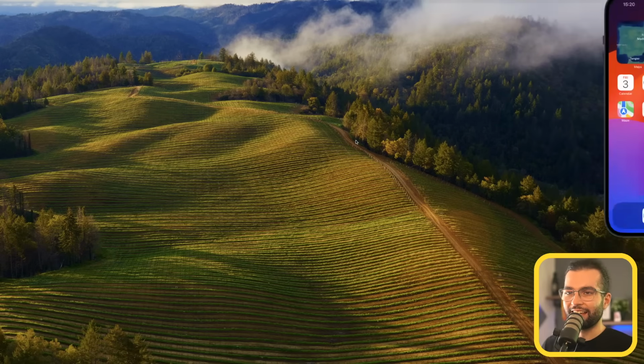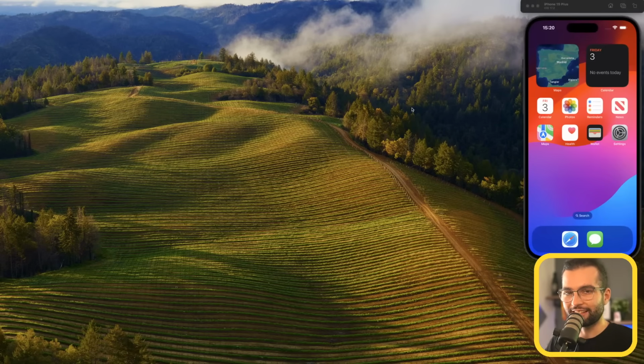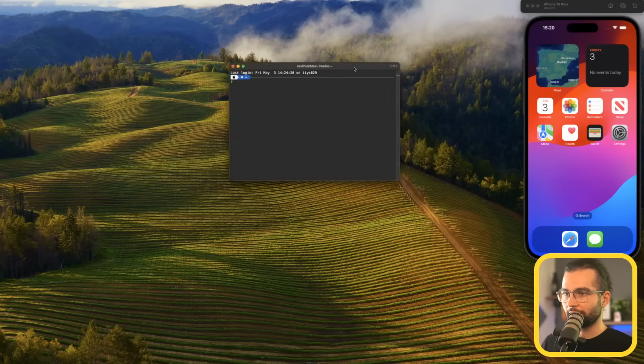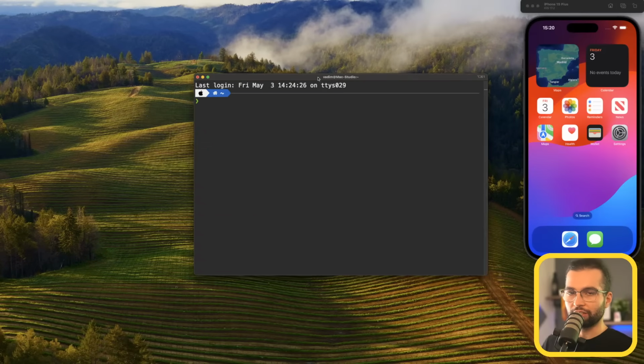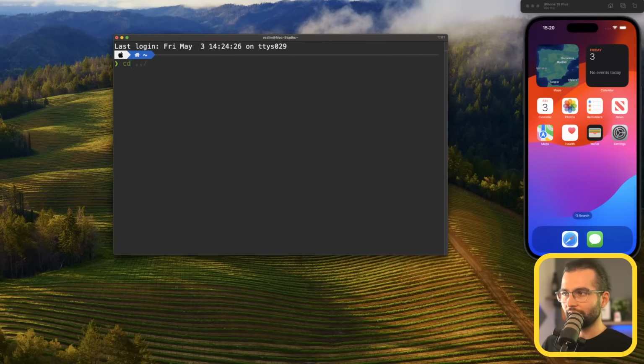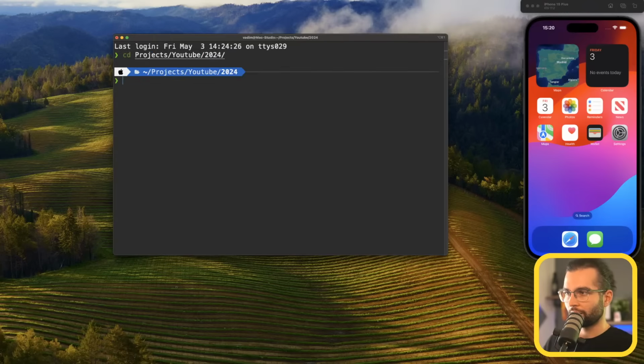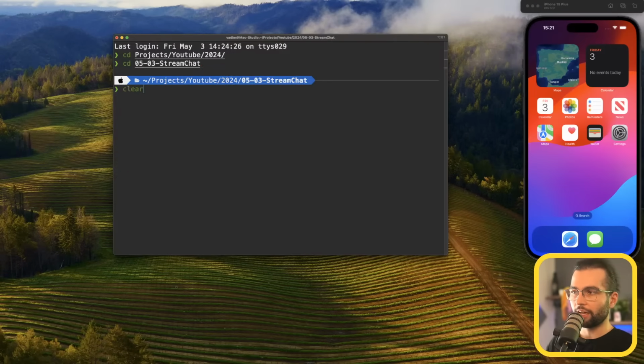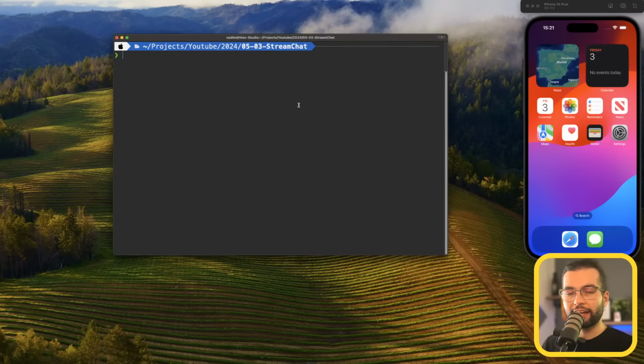So let's go ahead and open a terminal to get started by initializing a new project. So I'm gonna open a terminal here. Let's make it bigger so that you can see as well. Let's go to my projects. I'm gonna go here. And when you're in that project, let's go ahead and initialize a new Expo project using